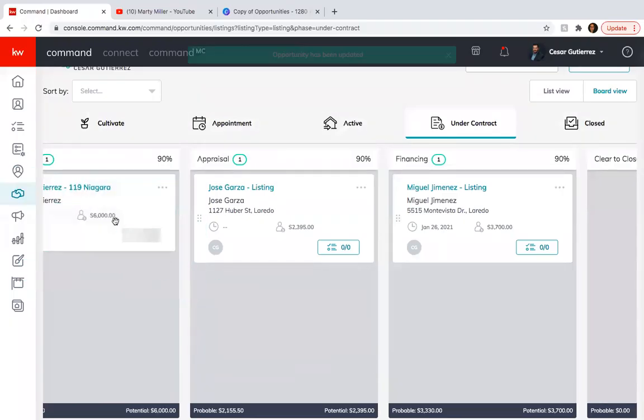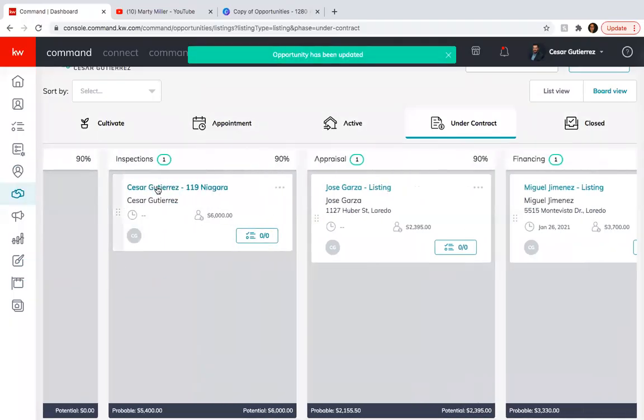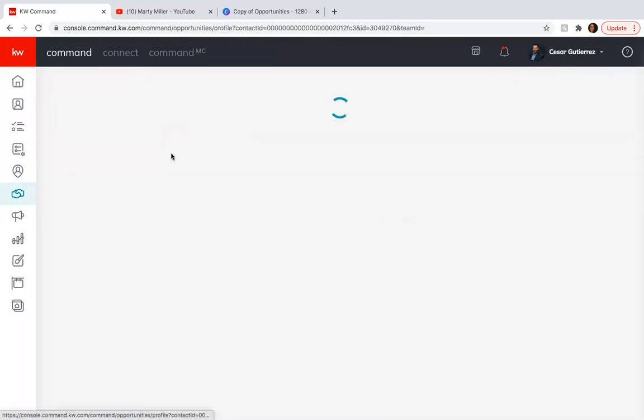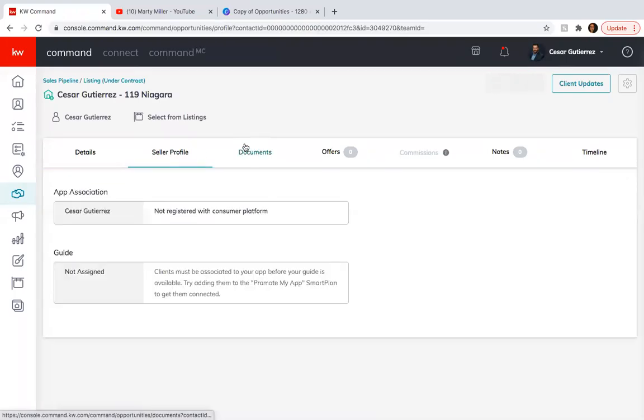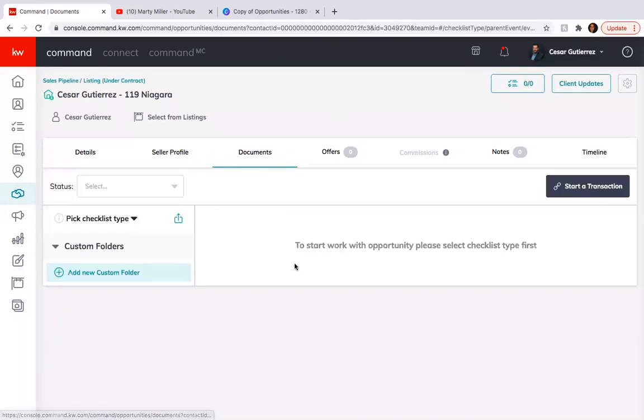Okay. So once you're here, you click on it, and again on your seller profile, this is going to tell you if they've already downloaded your app, and if they have been assigned to the guide. Okay, we'll go over the guide on the next day, maybe tomorrow, and then here on documents, make sure